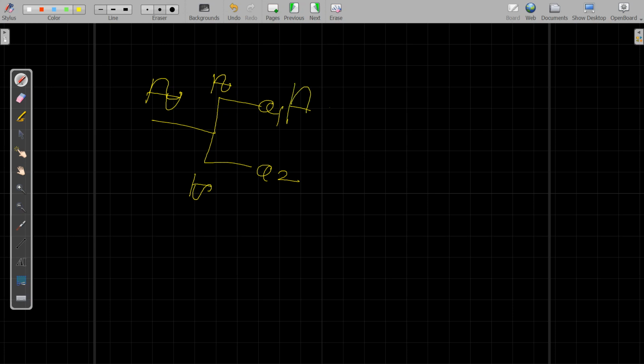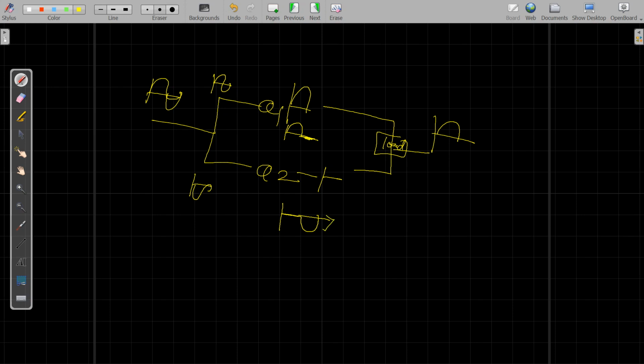But when negative comes, the transistor will be in the cutoff region, it will be an open circuit, it will be off, therefore the output is 0. That means the output is only for the positive half. Now here you have connected a load, and when the negative half cycle comes, this transistor will be off. That means here the output is 0, whereas when Q2 is on, I'll get the output something like this.